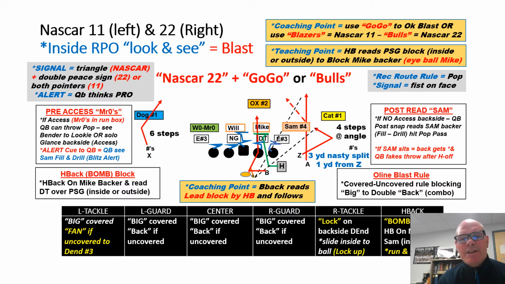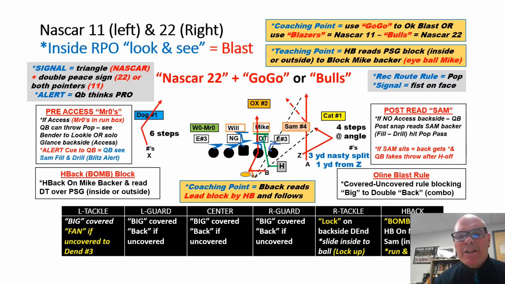So the example here is a NASCAR 22. The way this is signaled is pointer and thumbs together in a triangle is our NASCAR, and then double peace sign would be 22. So NASCAR 22. What that's going to tell the players right away is how we chunk everything together. We're going to be in a 4x1 set to the right. You can see we're going to be into a